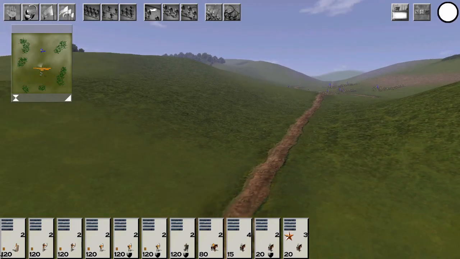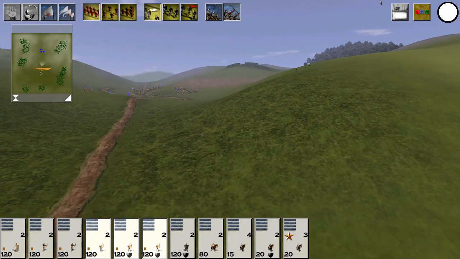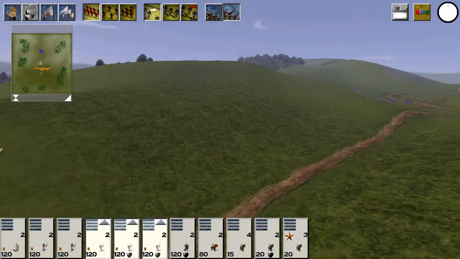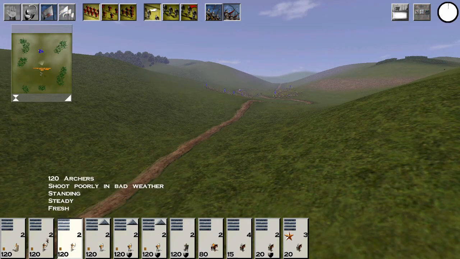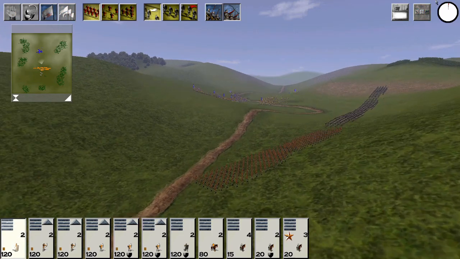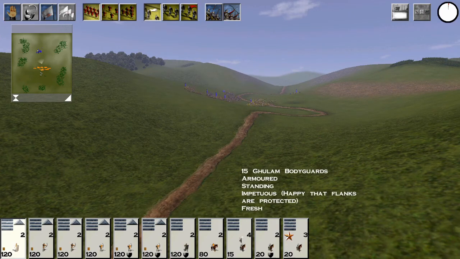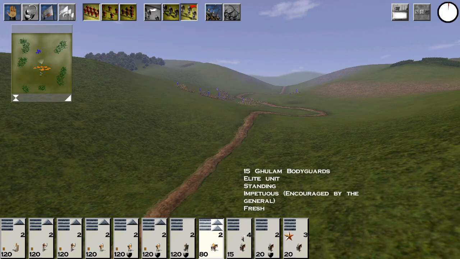Now they are going to be going for that hill. Well, I have no problems with that. That allows me to draw up in reasonably good order, and my archers should be more than enough to pull them off the hill. So we will draw up along this series of hills. I'm going to send my Saharan cavalry to go and capture